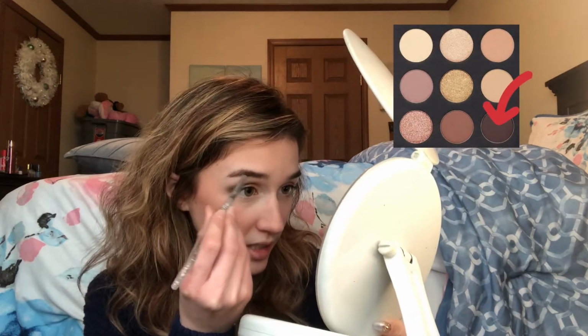Now my brows right now are very lightly filled. To be honest, I don't even think there is any more product on there, but I'm going to be taking the shade Sugar Plum from that palette and just filling them in very lightly. And then if you wanted to add something to your lower lash line as well, you could use just any